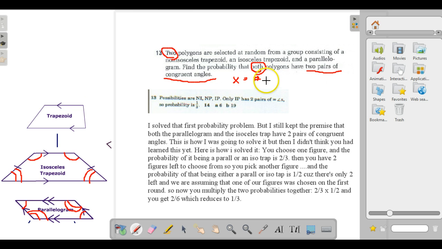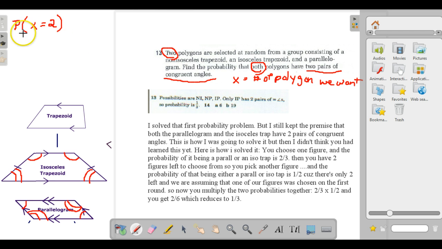So x is the number of polygons that we want, and what we want is two pairs of congruent angles. So the probability that x, the number of polygons that we want, equals 2,